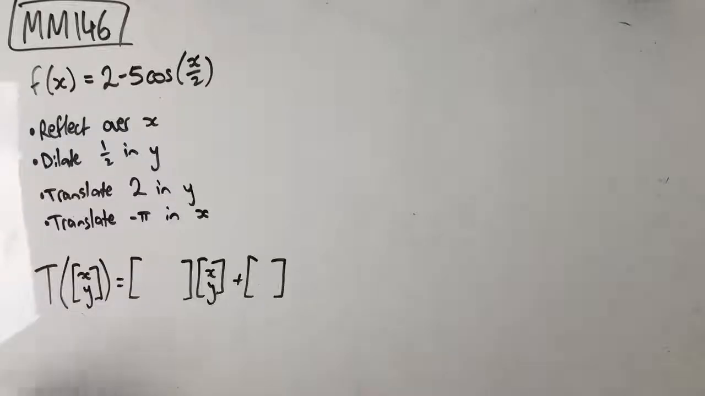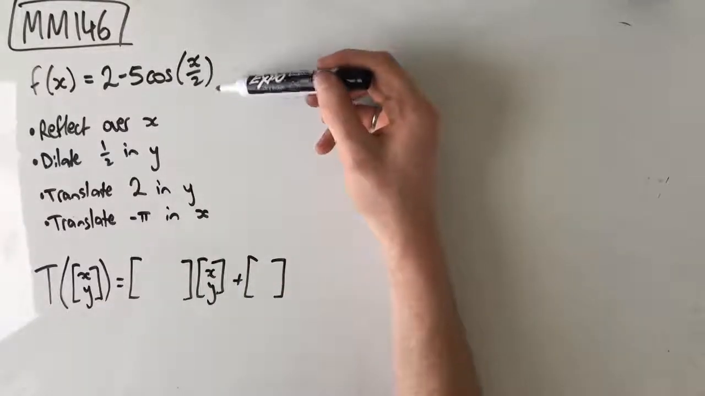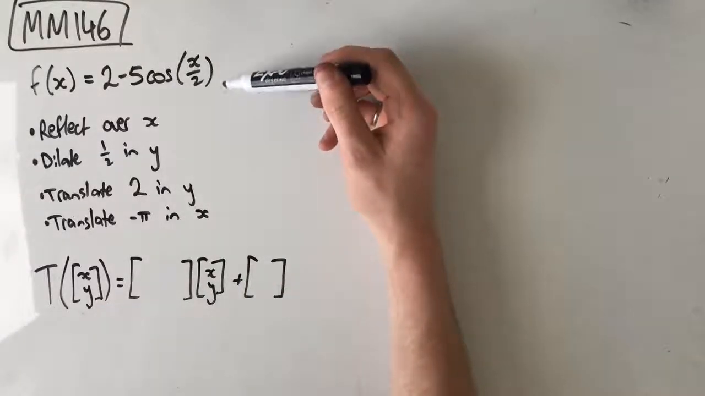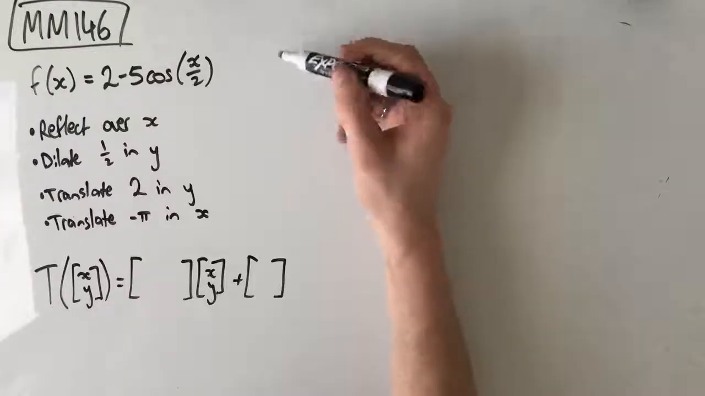Hey guys, this is question MM146 of the Maths Methods Fortify study guide. We've got this graph, f of x equals 2 take 5 cos x on 2. It's had a bunch of transformations applied and we need to find the new rule for the function, which is